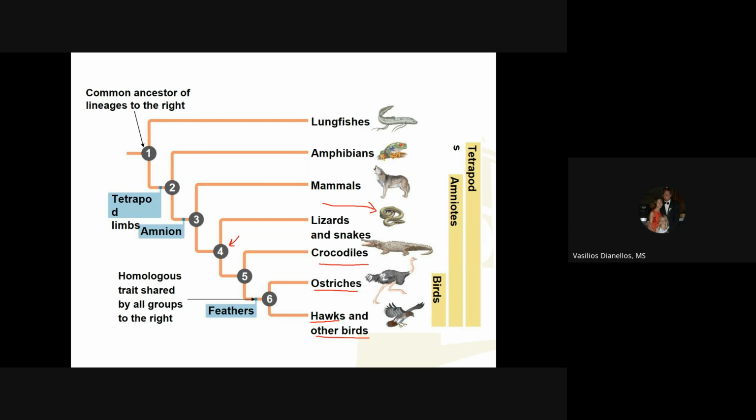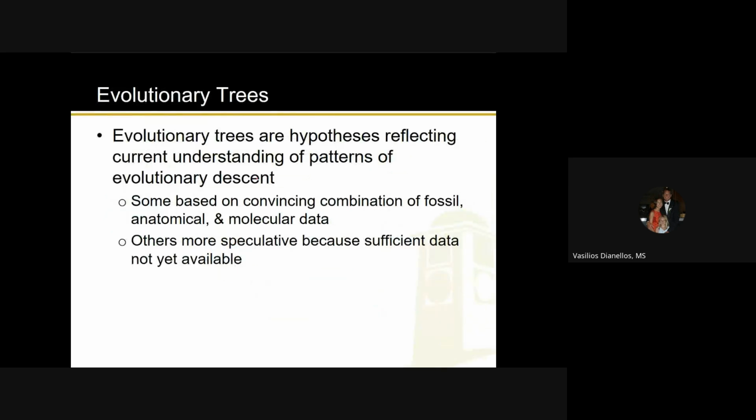When I'm talking about things that are more speculative, for example, right here it says other birds. You could find, for independent work if you want, an evolutionary tree for just birds, and think about all the closely related birds, birds of the same genus or the same family. That one might be a little more speculative. What we're looking at here is not very speculative. This is a big picture thing, kind of set in stone. But the farther you zoom in and look at evolutionary trees more specifically, the more speculative it gets. Any questions about that?